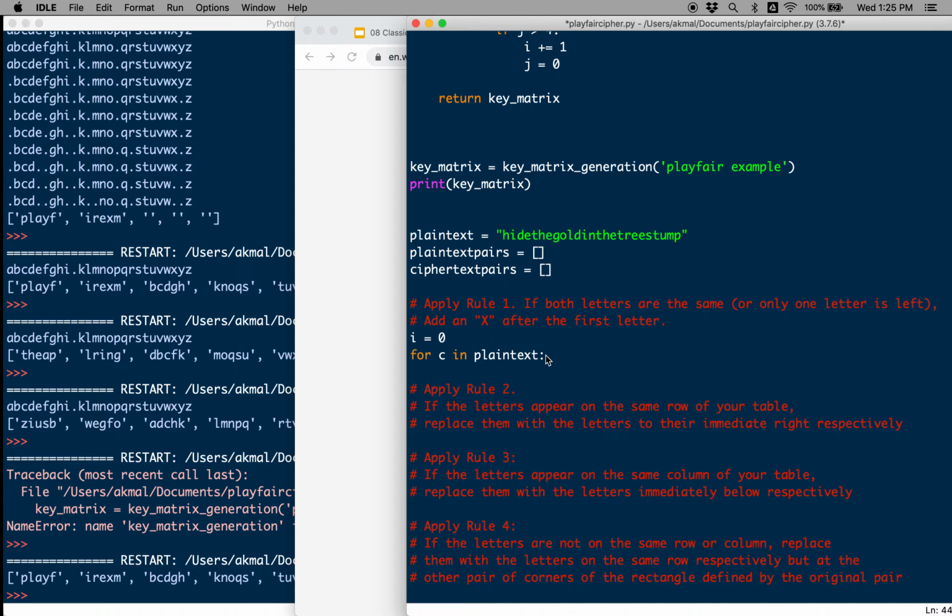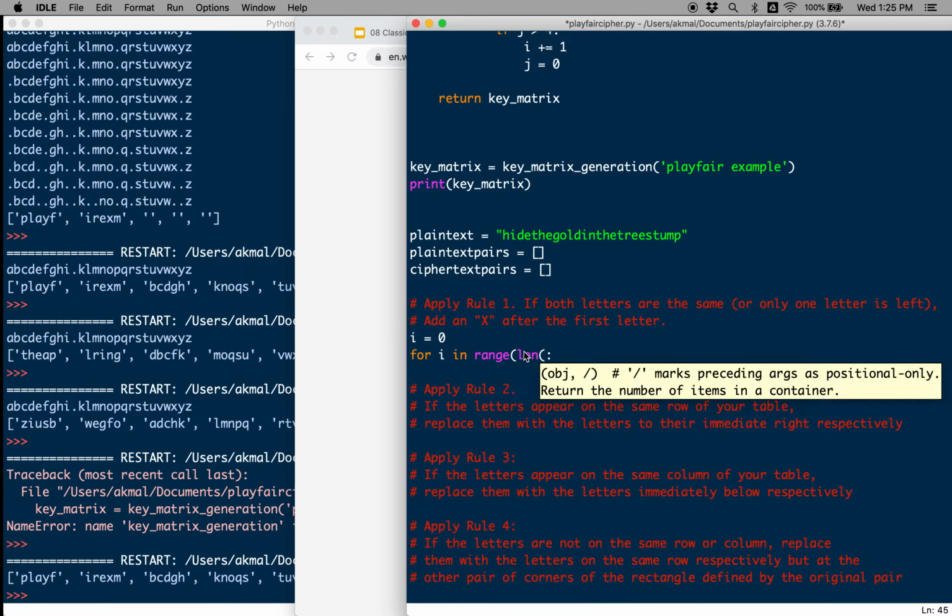And that index is going to help us go through every single character in the plain text string, but at the same time, it will allow us to jump 2 characters, and then if there is a repeat, it will allow us to have greater control over maybe jumping over just one character instead, right? So we are going to use a numerical index rather than picking up every character from the plain text in order. So we will then say for i in range of length of our plain text,